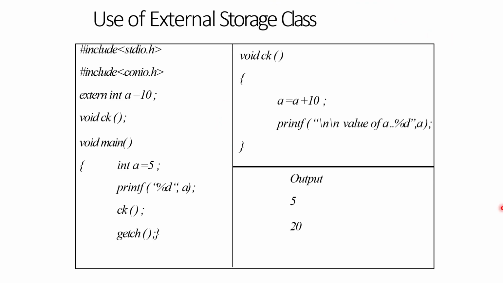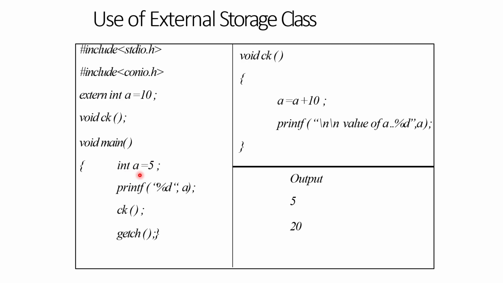So you see that within the external storage class, what I have written here is a program, a main function somewhere. I forgot to write this closing bracket. Oh, sorry, I have a closing bracket here. Fine. So this is one program and this is another program. You see two different functions, actually not programs, two different functions. Now what have I written? I have written extern int a equal to 10. Then here I have written int a equal to 5.